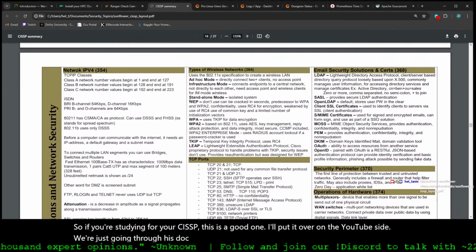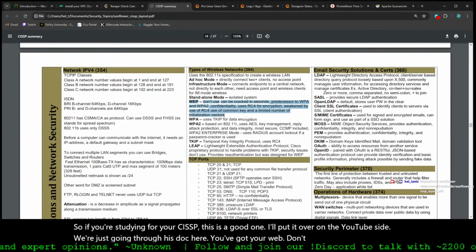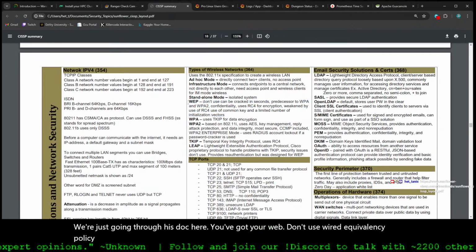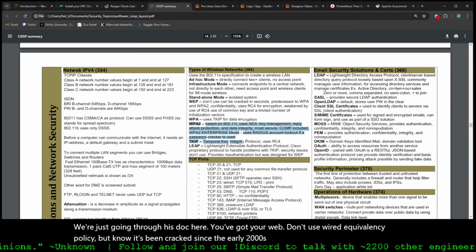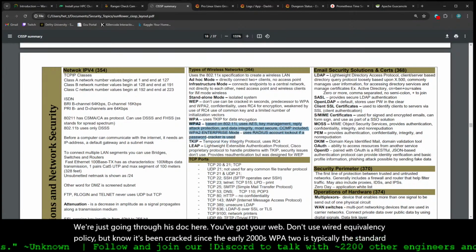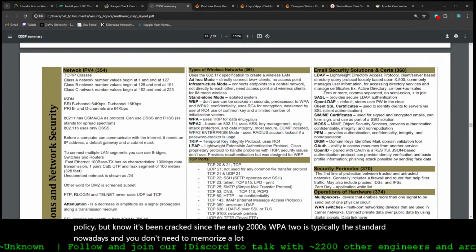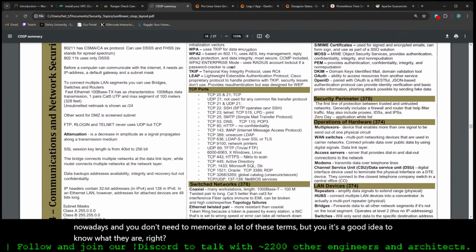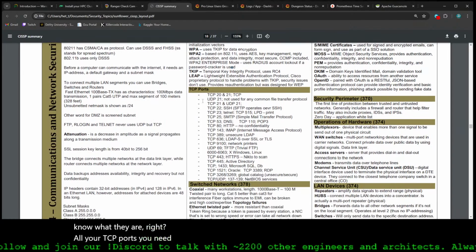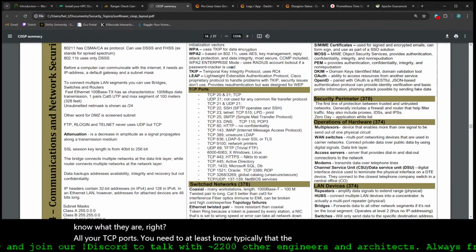You've got your WEP, wired equivalent privacy. Don't use it, it's been cracked since the early 2000s. WPA2 is typically the standard nowadays. And you don't need to memorize a lot of these terms, but it's a good idea to know what they are, right? All your TCP ports, you need to at least know typically that the first 0 to 1023